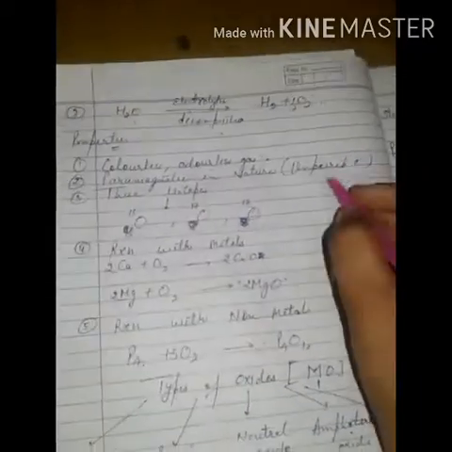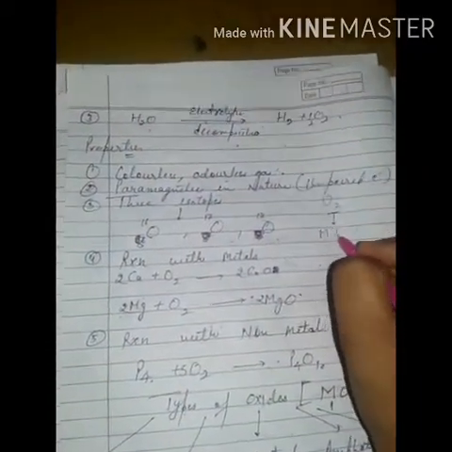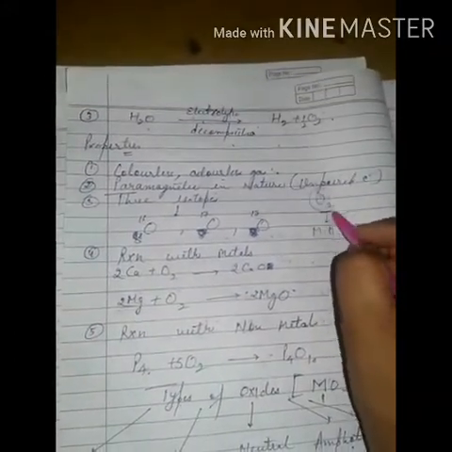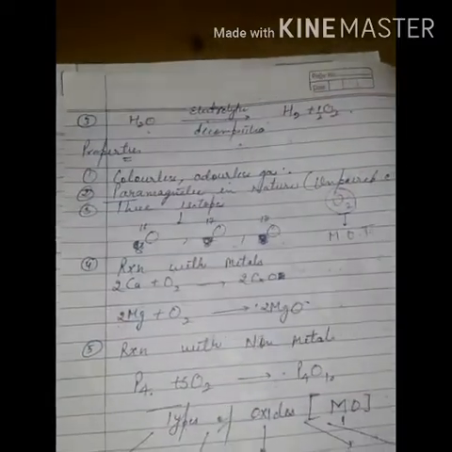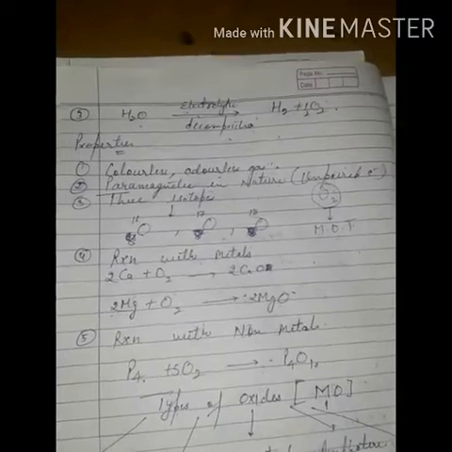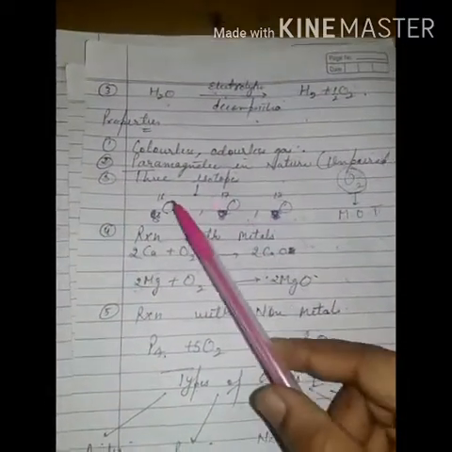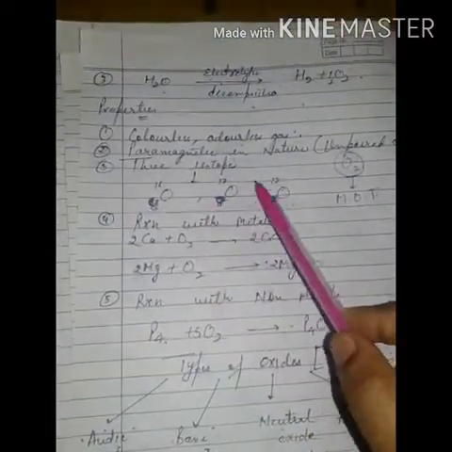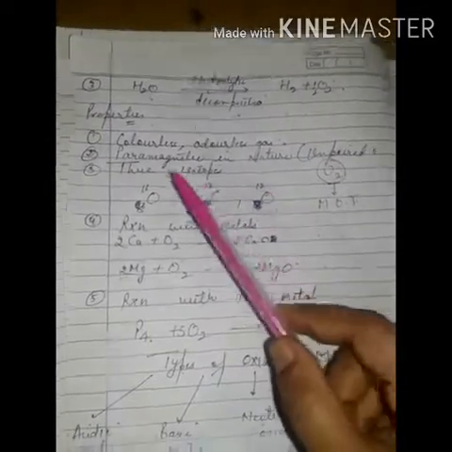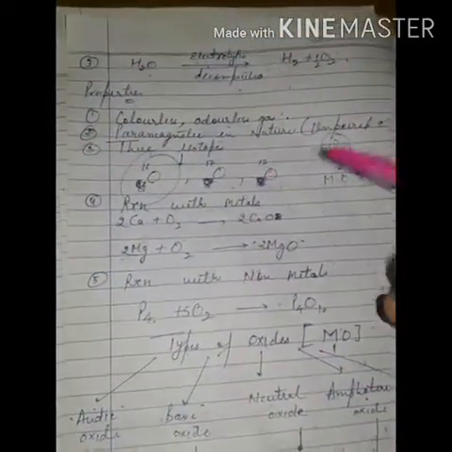So you can even check the unpaired electrons by using MOT, that is molecular orbital theory, by writing its electronic configuration, and you will find that there are unpaired electrons in the pi 2px orbital. Next is that it exists in three isotopic forms, that is oxygen 16, oxygen 17, oxygen 18. Their atomic numbers are same but mass numbers are different. Mainly we deal with the oxygen 16 isotope because of abundant availability.